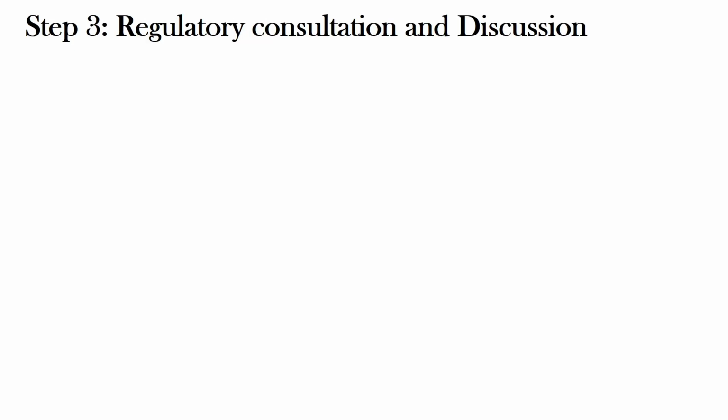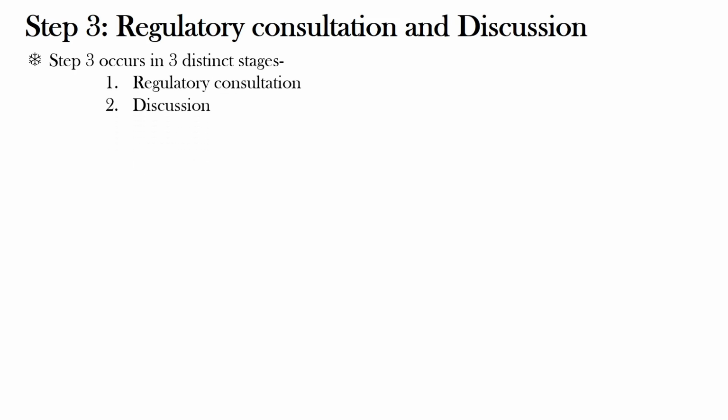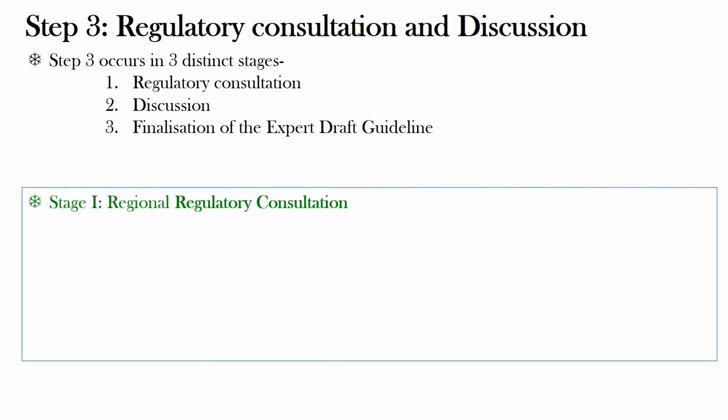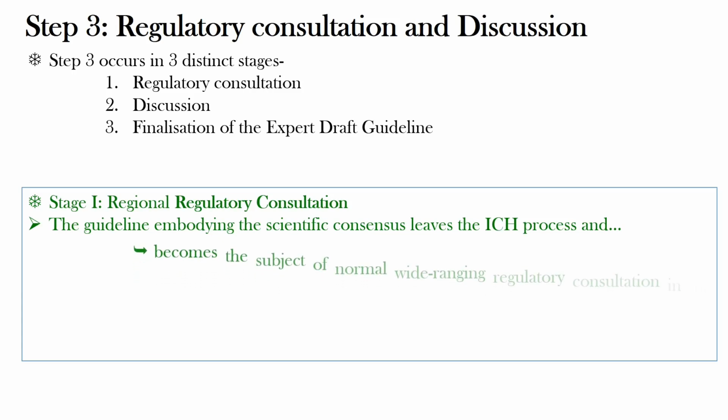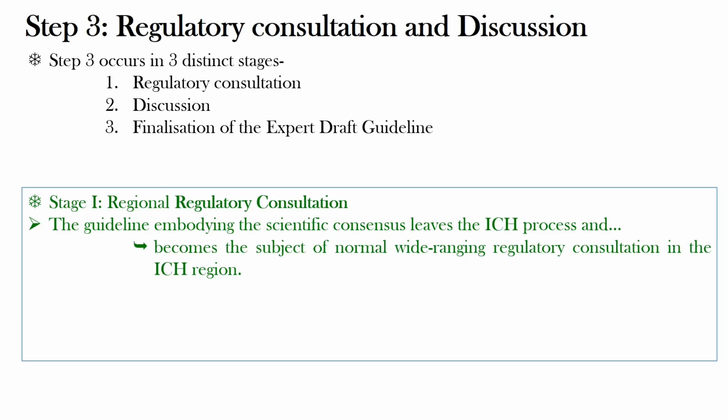To the step 3 of formal ICH harmonization, which is regulatory consultation and discussion. The step 3 occurs in three distinct stages, which are regulatory consultation, discussion, and finalization of expert draft guideline. The stage 1 is a regional regulatory consultation. The guideline embodying the scientific consensus leaves the ICH procedure and becomes the subject of normal wide-ranging regulatory consultation in